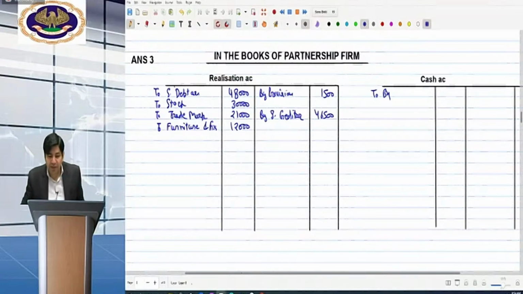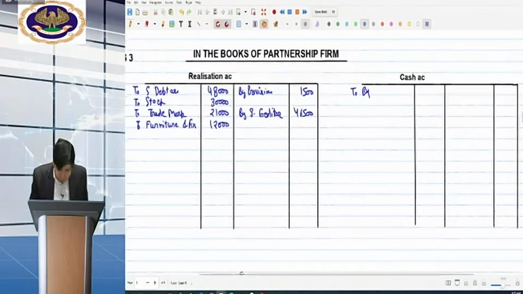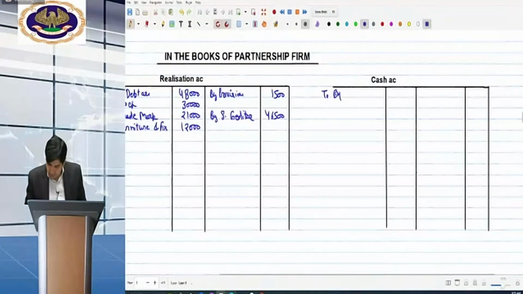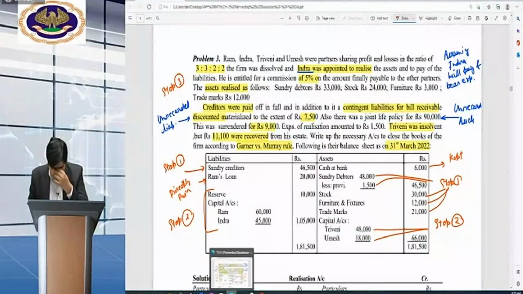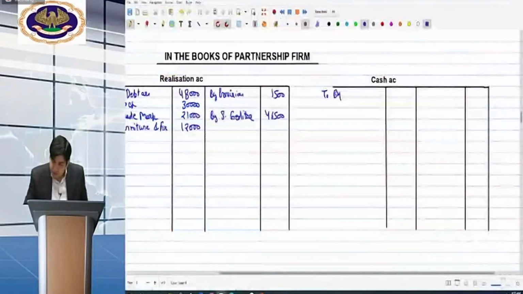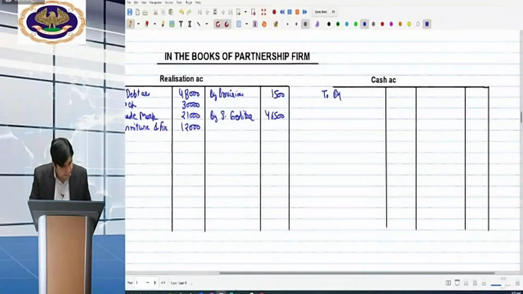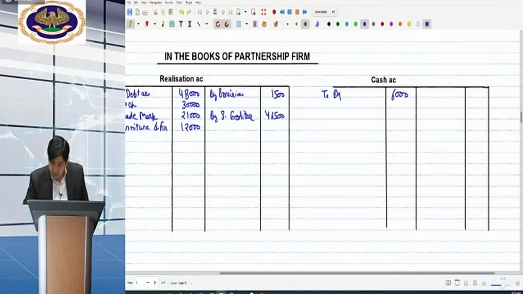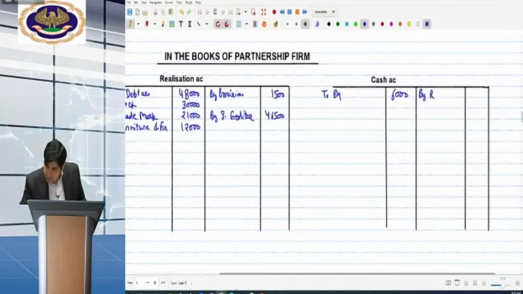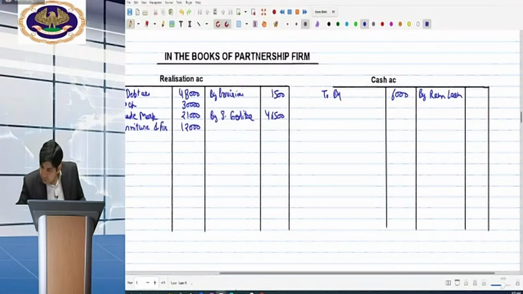Another better thing, please download the PDF. That will increase the speed. In the last class it was very slow just because of this; the PDF was not uploaded till that time. So please download the PDF and solve the question in the fastest manner, since we have very limited lectures and time. Now, except the cash and bank, directly the payment of partner's loan, that is Ram's loan, 20,000.